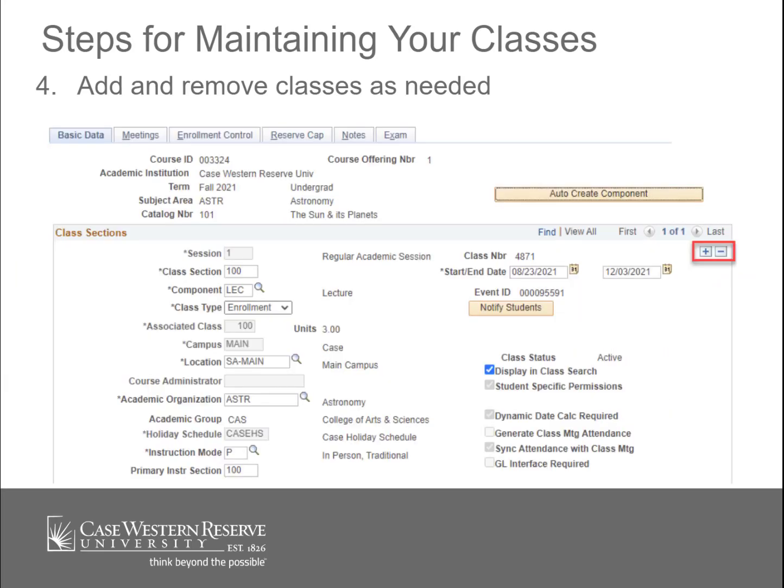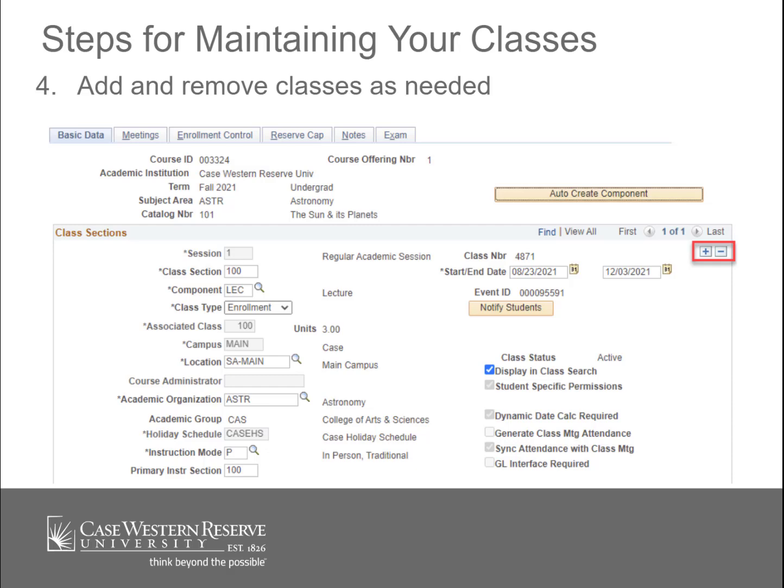Sections that either rolled forward from a prior term or were added and are not going to be offered should be deleted or canceled. If the class section has not been made available to students in Class Search yet, then you should delete it. Once a section has been made available in Class Search but is no longer going to be offered, it should be canceled. For detailed instructions on how to delete or cancel a course section, see the Schedule of Classes section of our SIS resources page,